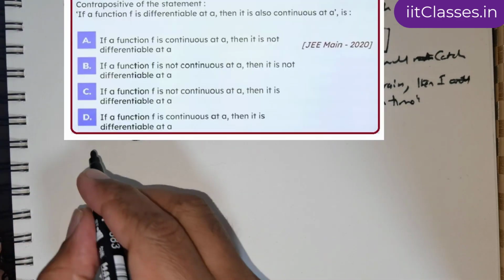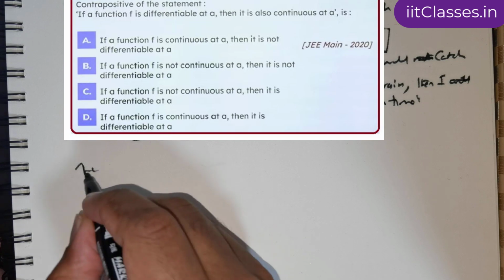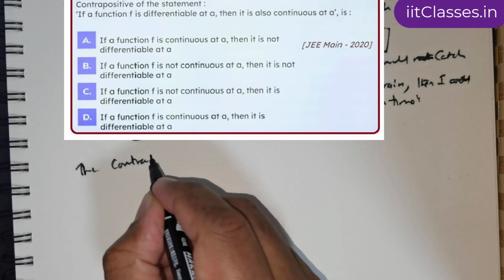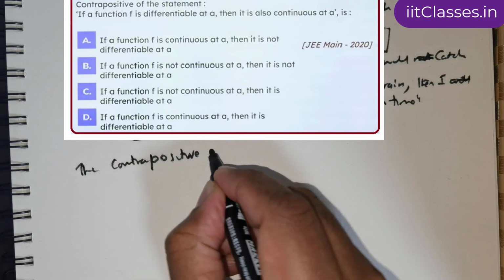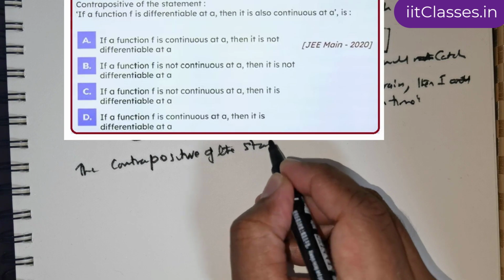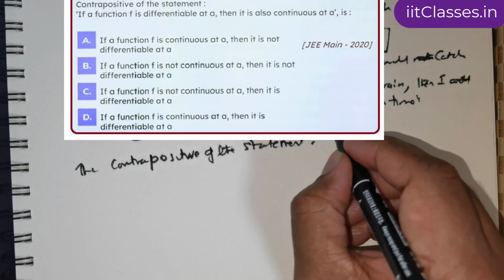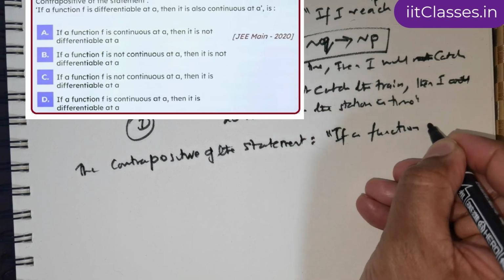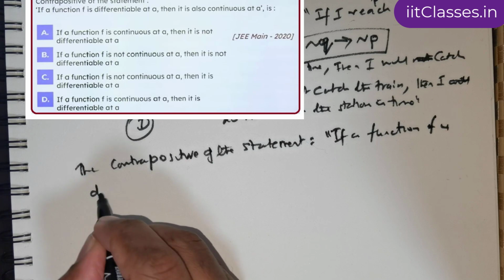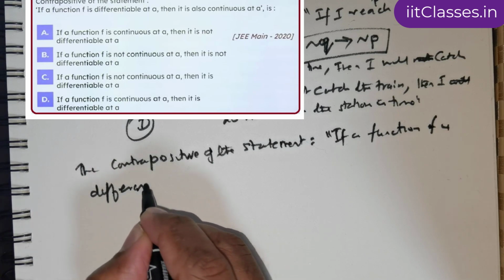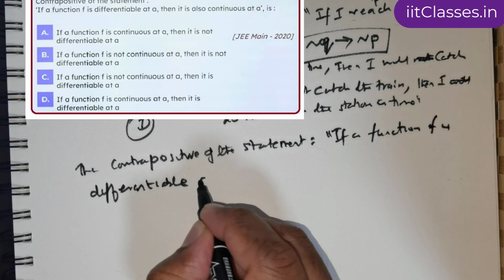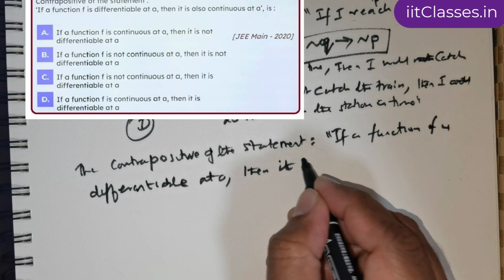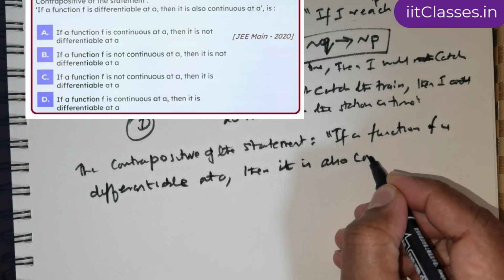Let's try one more question. We've been given the following statement and we are expected to obtain the contrapositive of the statement. Let me write the statement. If a function f is differentiable at a, then it is also continuous